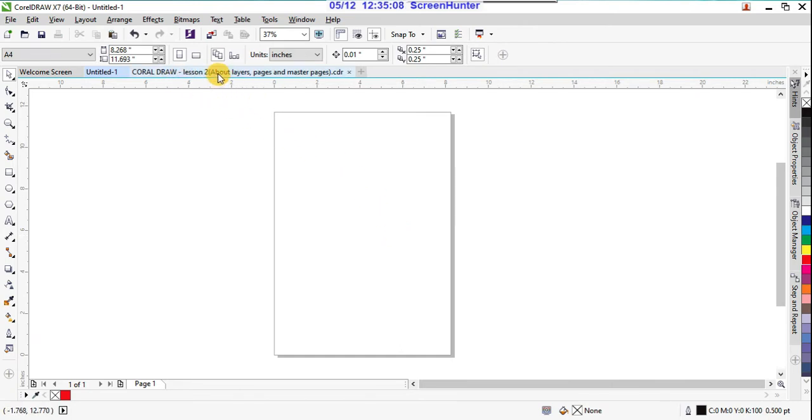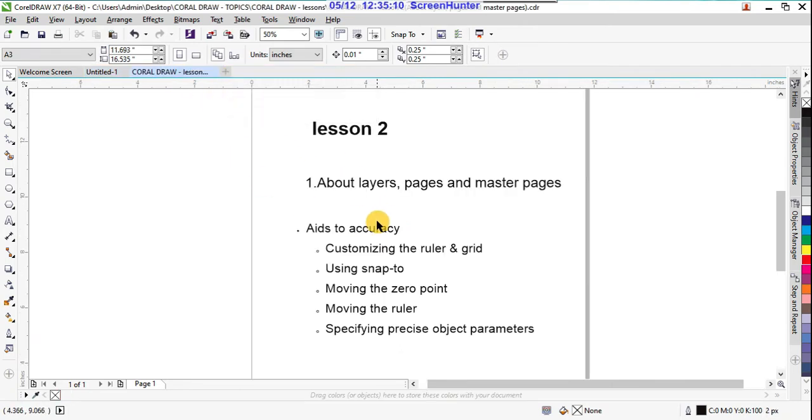Now I'll explain about layers, pages and master pages. Because it is CorelDRAW, we can create pages. In pages you can create your books, magazines, and any volumes that have many pages.